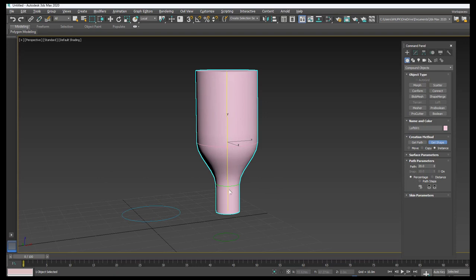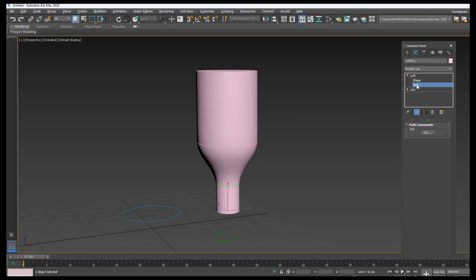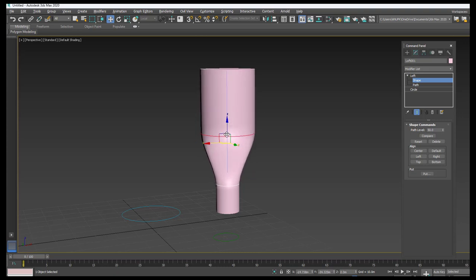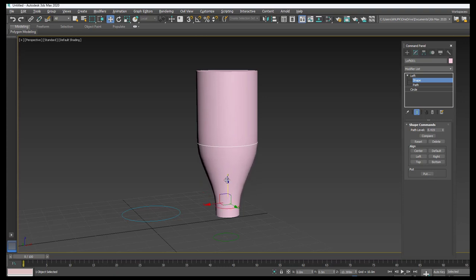Now if you want to adjust these shapes, then go to the modify option, and here we have the loft, expand it. If you want to select the path you can, or if you want to select the shape, then you just highlight the shape. We get the shape here. With the help of the move command you can move it. So this is how you can move it, meaning I am just decreasing and increasing the percentage of it. Select this one and then I am just moving it down a little, like this way.